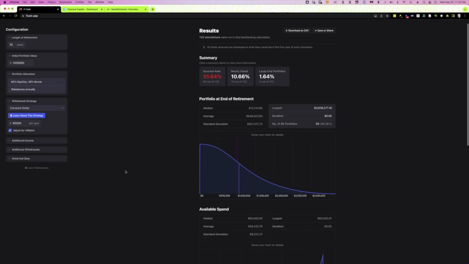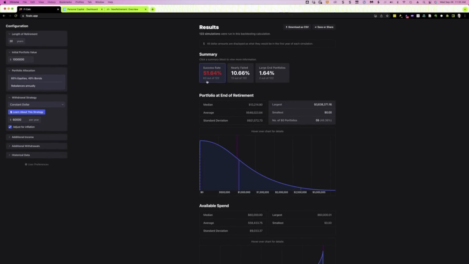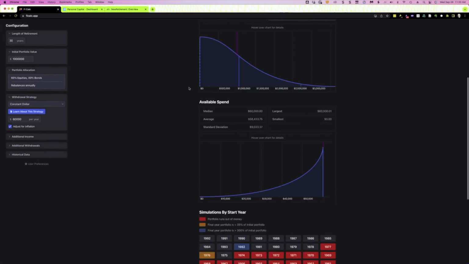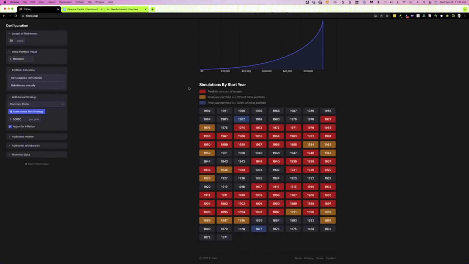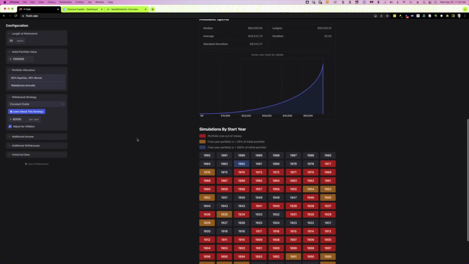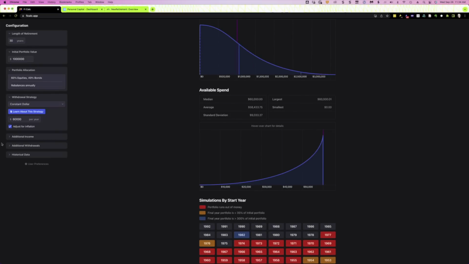Of course, if we just did that alone, you can see the success rate drops to almost 50%. And we scroll down, we got a lot of red, right? And that just tells us that on a constant dollar withdrawal strategy, starting with 6% fails about half the time. But we now have to factor in Social Security. We can do that with what's called additional income,